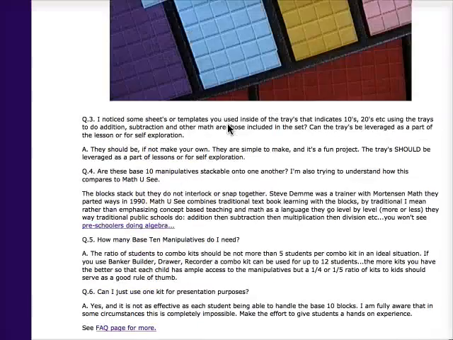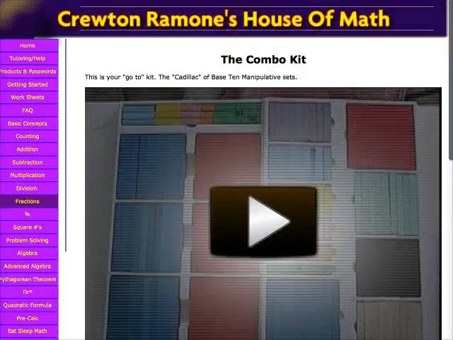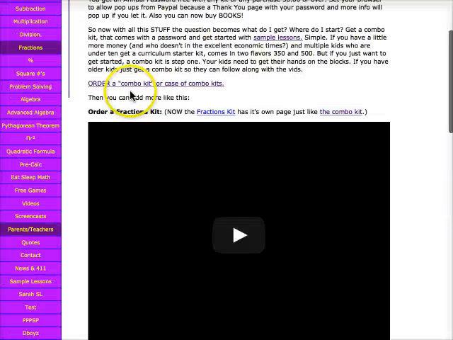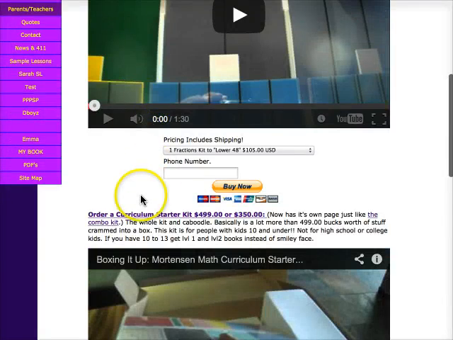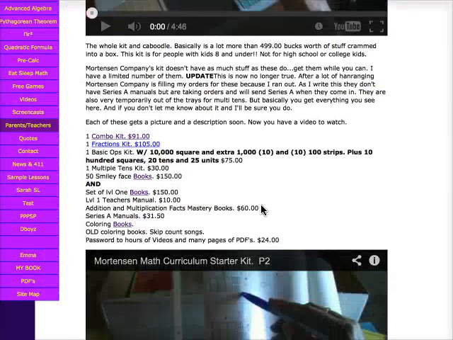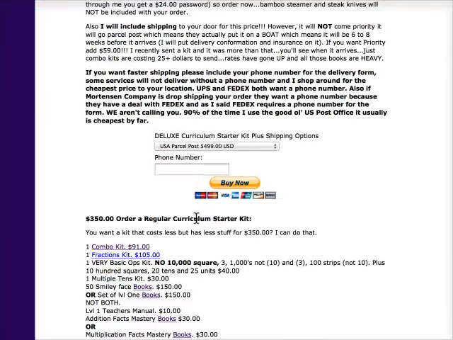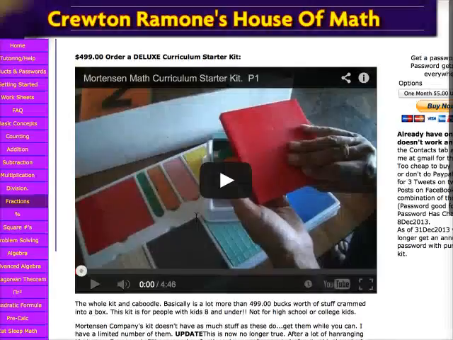Because if you have, let's go to this. Oh, hold on a second. If you have the ability to just grab, let's get this here, boom. And these prices are going up, by the way. I'm going to change all these buttons. Hopefully by the time you read this, everything will be back to normal. But where is the, okay, so there's a fractions kit. Rats, I don't have a multiple tens kit showing there. But anyway, there's